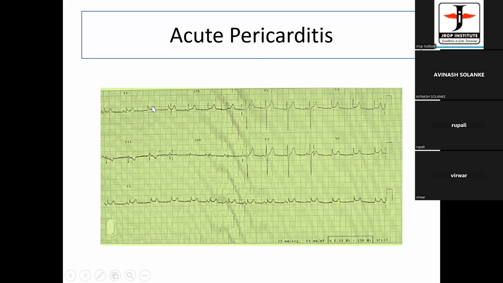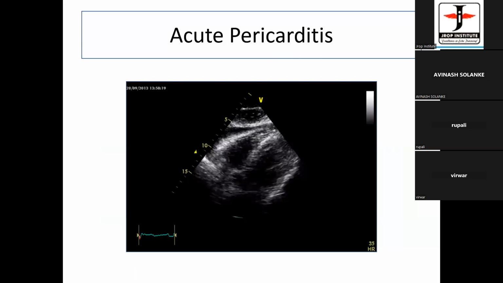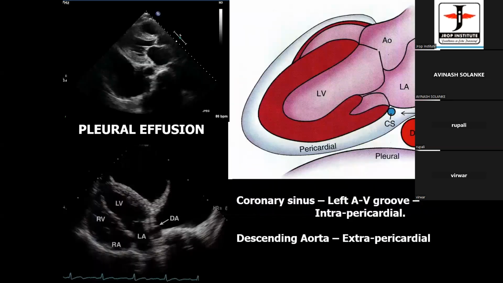ECG changes: in comparison to acute MI, the ECG changes are not dome-shaped, they are curved, with convexity upwards. And this could be seen practically in virtually all leads, and may not be selective as shown in this. This is seen in lead 2 over here. It's seen somewhere in AVL, not in lead 3, not in AVF, but seen in V5, V6. And if you don't look at them carefully, we always land up making a diagnosis of acute myocardial infarction. So going further,